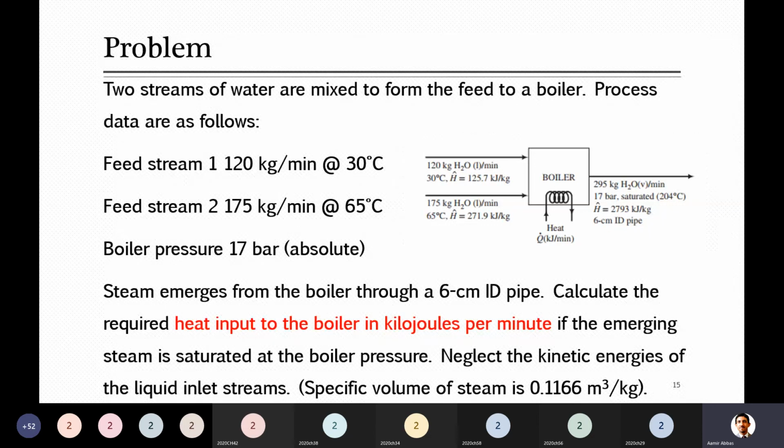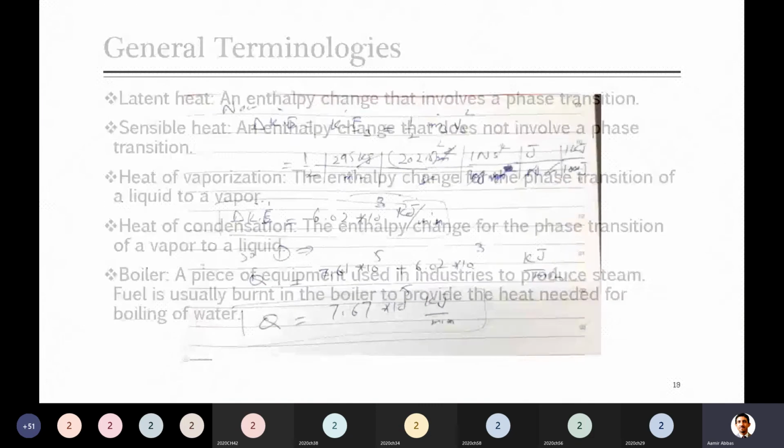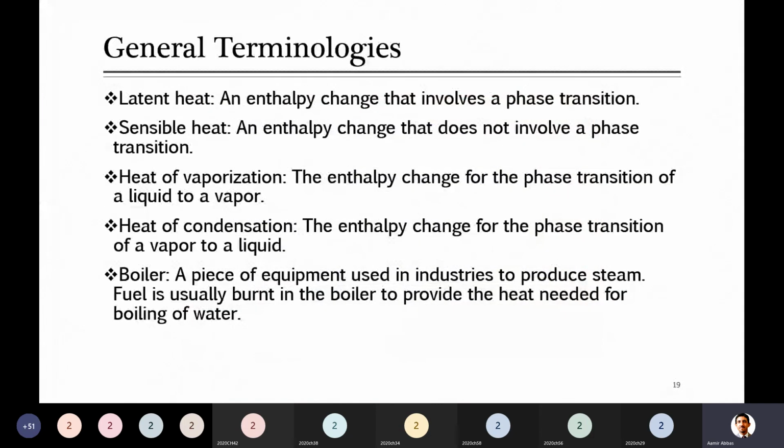And during this question, I told you that there is saturated steam as well as superheated steam. So what is the difference between these? Let's look at something related to this so that you can solve problems in which these enthalpies are not provided for these water systems, and see how to find them from the book. So you know what latent heat is. Already we discussed these terminologies in the earlier semester.